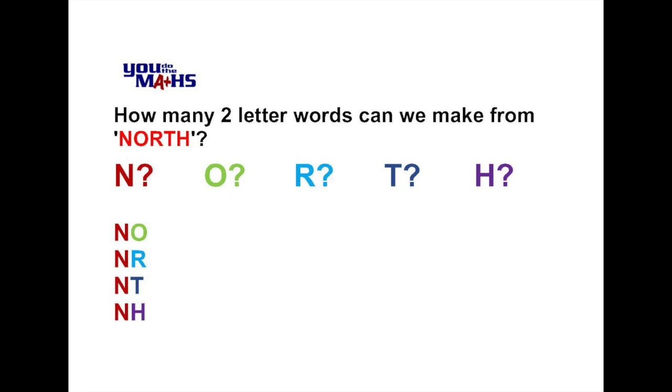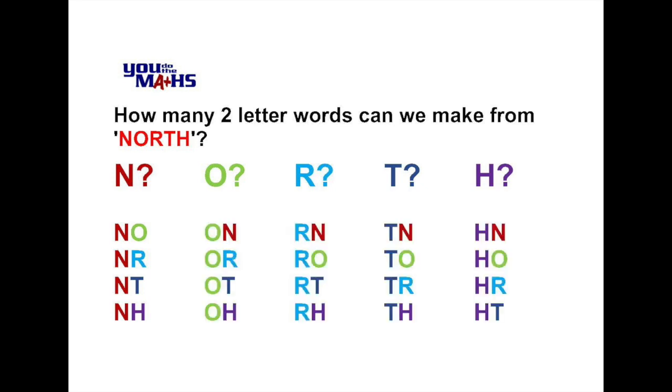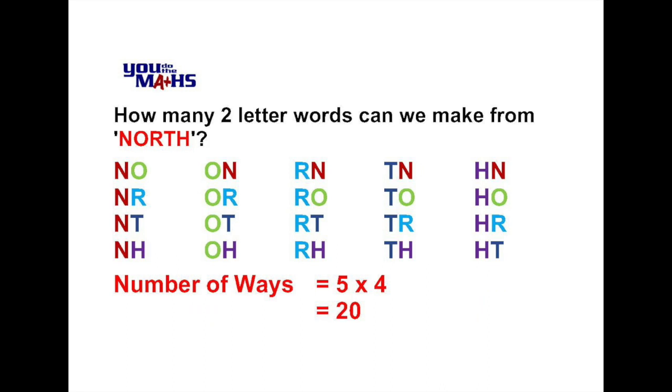And if we repeat that same idea with the different letters, we'll see that we've got 20 possibilities of 2-letter words coming from the word north. The easiest way to perform the calculation to get this result would be to say that for the first letter we've got 5 choices from the word north, and then once we've chosen that, for the second letter we've got 4 possibilities. So if you like, there's 5 lots of 4, or 20 ways we can express 2-letter words from